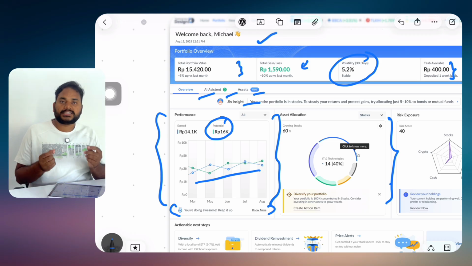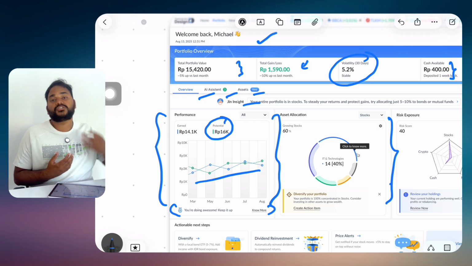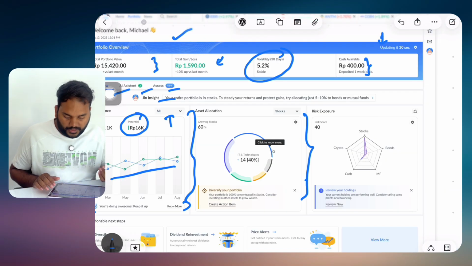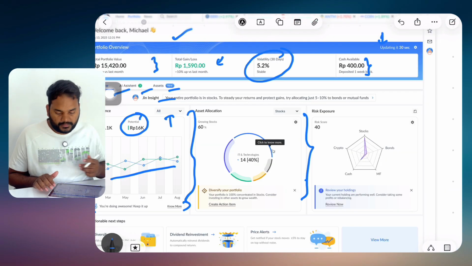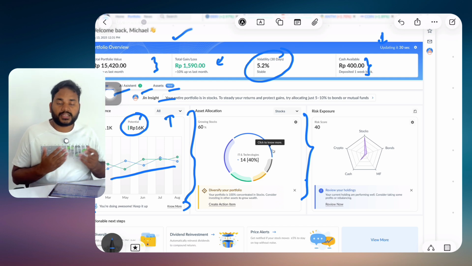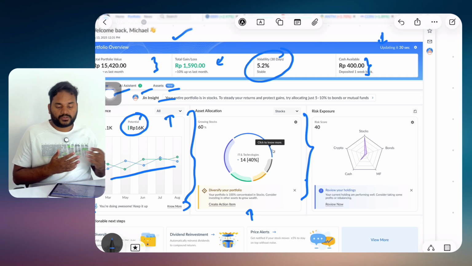So these smaller nudges help the user feel like someone is talking to them and make the whole user experience much more interactive. Next we have asset allocation, which works the same way as performance, but there are different things here. You can see a pie chart on which you can hover and see the information. This is also taken from Nick, so go and check out his work.